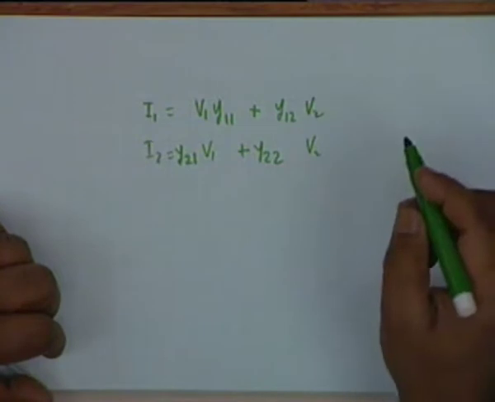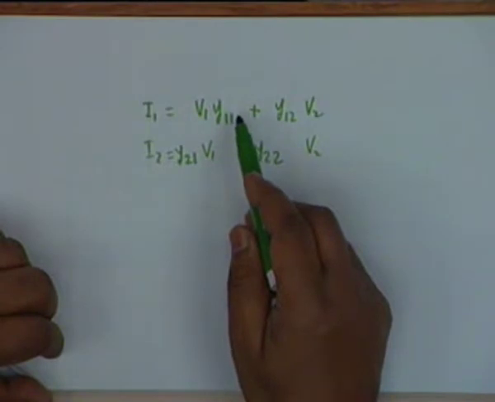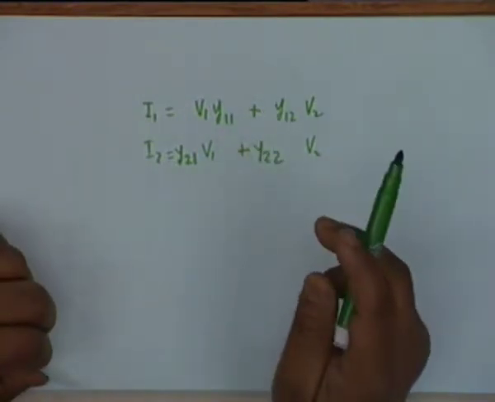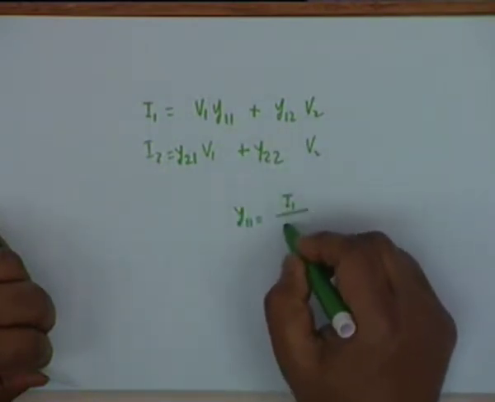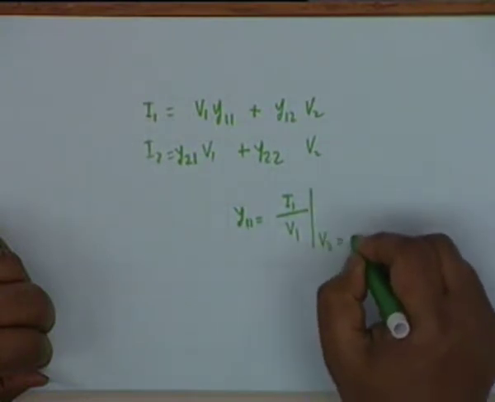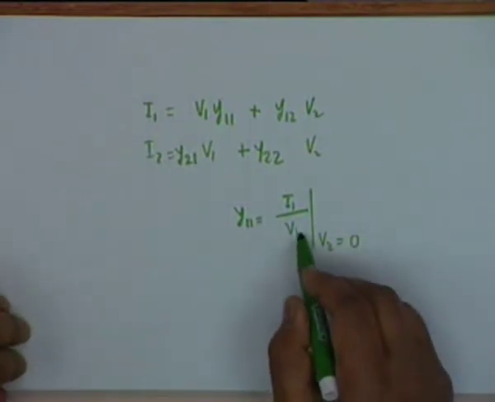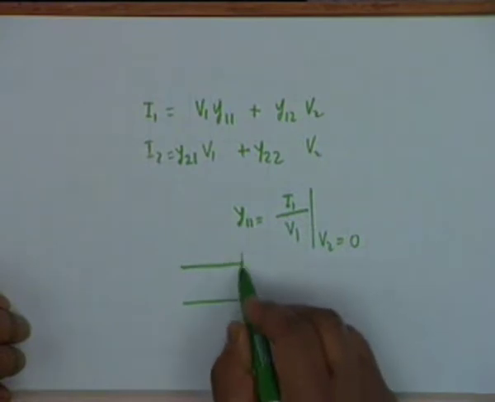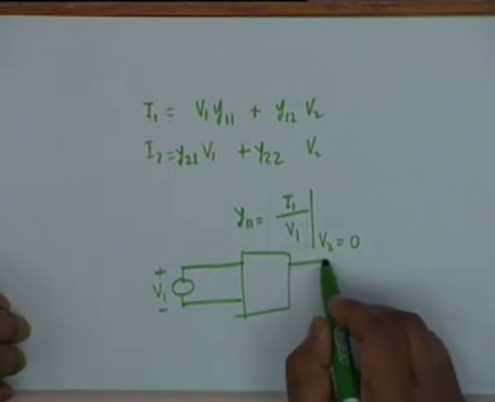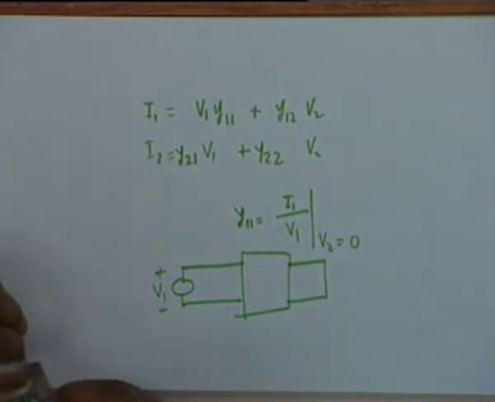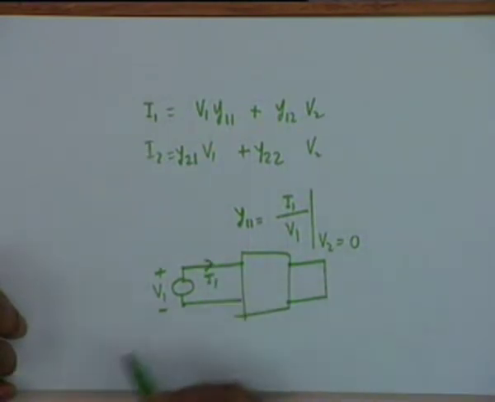The dimensions have to be admittances, and you see that the coefficient of V1 is simply the driving point admittance at port number 1. All right, Y11 for example, you can see that this is I1 by V1 under the condition V2 equal to 0. In other words, what you do is you apply a voltage generator V1 at terminal 1, then you short circuit terminal 2, V2 equal to 0, and measure this current I1.